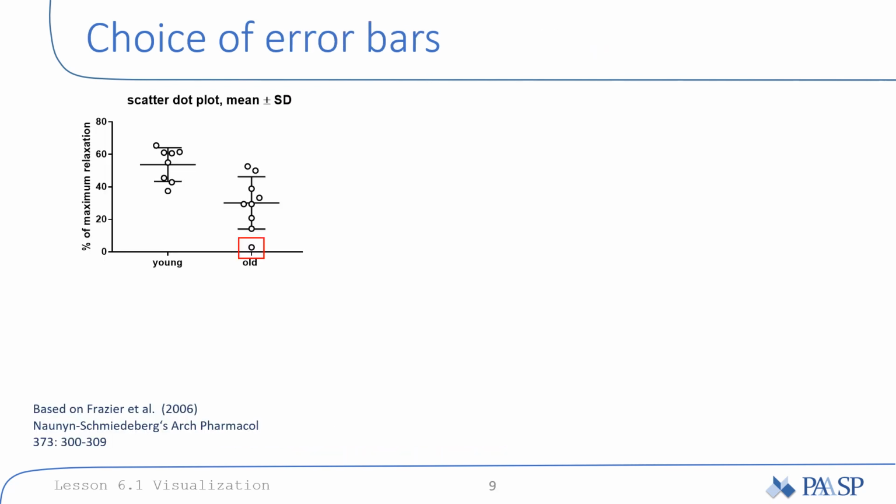When presenting our data, we also need to consider the choice of depicting data variability, as this, at least psychologically, affects how the dataset is perceived. So one key question is, which type of error bars is scientifically most appropriate for my study or my experiment? The example shown here has explored possible differences in relaxation of the urinary bladder by several beta-adrenergic receptor agonists between